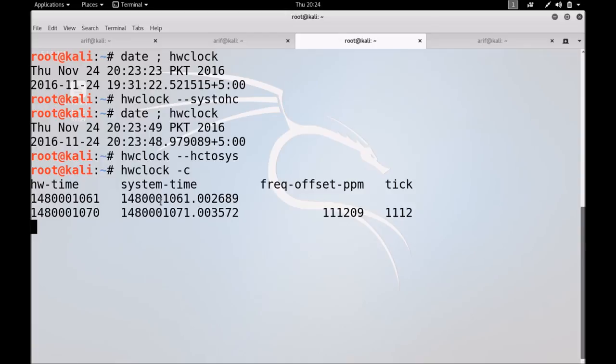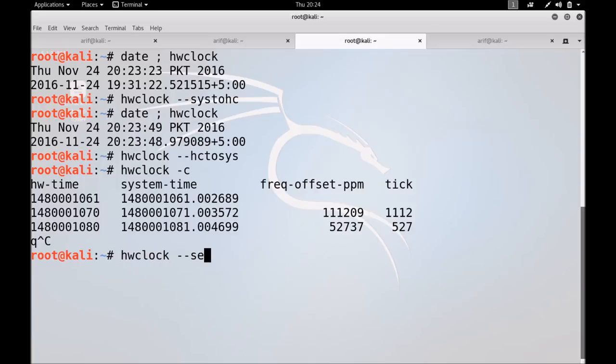Students, you can always set the hardware clock to a specific date and time as well. Let me come out by pressing Ctrl C. You can set the hardware clock to a specific date, for example 2016, 11th month, and let me set the date from 24 to 20.